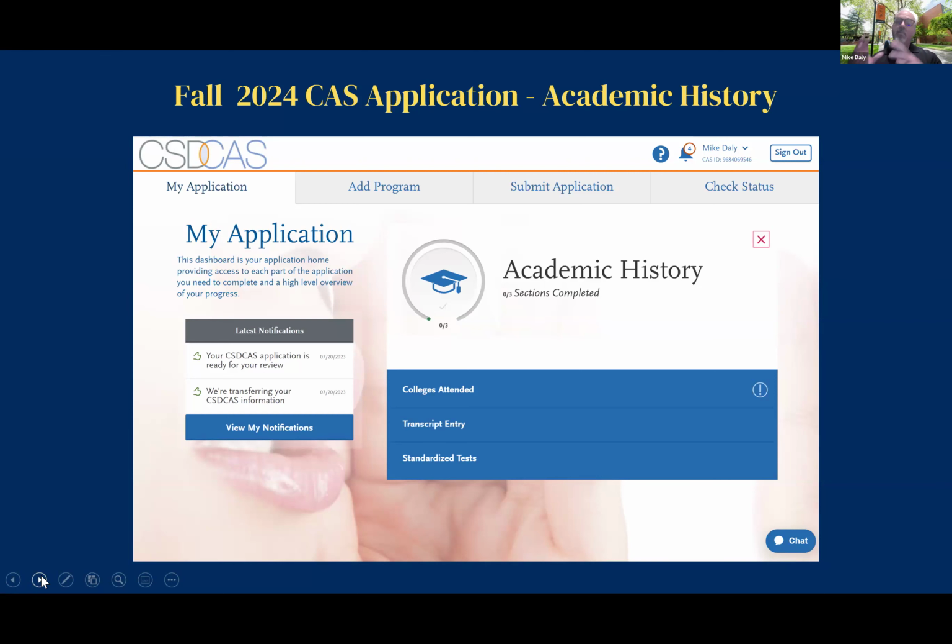The reason for that is because CAS has been contracted by the program that you're applying to be the primary recipient of all information required to apply to that program. And they need to have every piece of information, including the transcripts, including the recommendation letters, sent to them so that they can first verify that information before it gets sent to your graduate admissions office. So transcripts must be sent to CAS. I cannot underline and emphasize that enough.